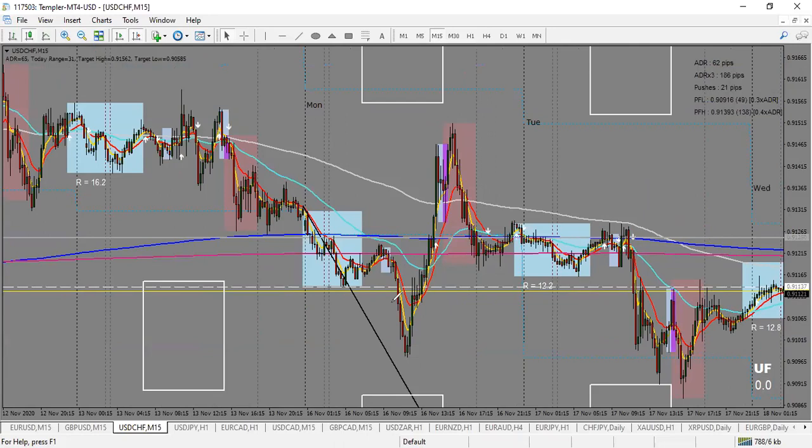So on Monday here, if you look at it, we had a first move down, and it offered an entry actually around gap time. We had first move down, and then we had our stop and time. So I remember I had an entry here, and then they came to take me out. But after this stop, a very good pattern formed, so I re-entered, and it matured until the